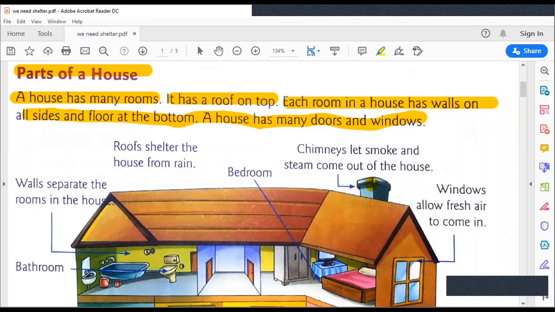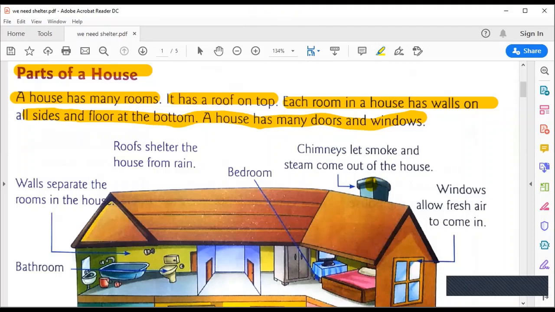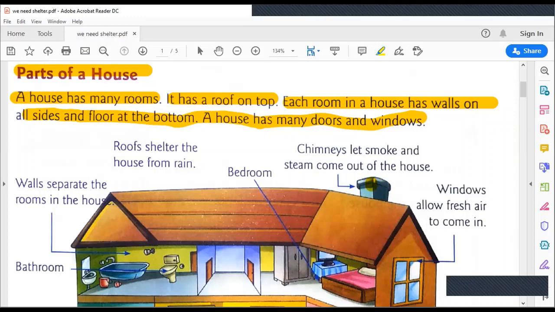Yes, children, you can imagine at your home also. You are sitting at home now. As I'm reading, look at your surroundings, look at your home carefully. You will find that there is a roof. What do you mean by roof? Underline the word roof. R-O-O-F. Roof. It means ceiling. छत. इसके बिना घर नहीं बन सकता.